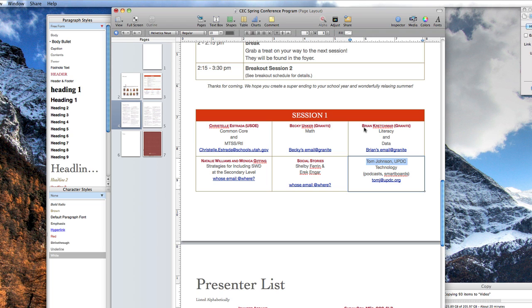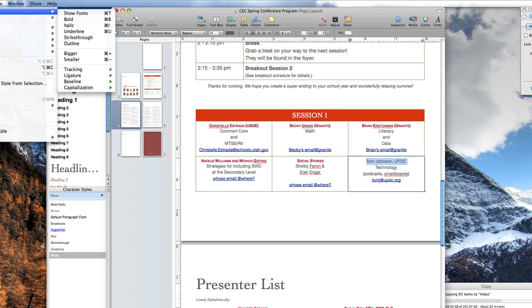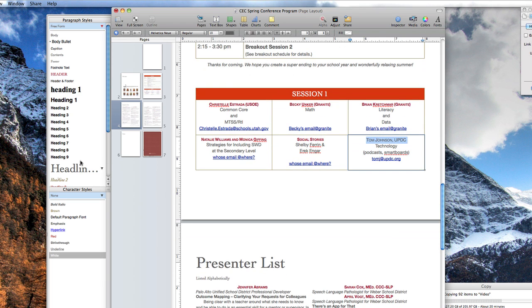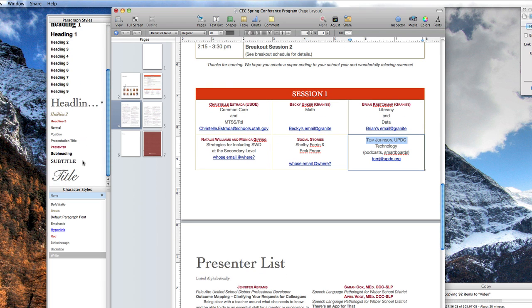As you can see, they're all capital characters, but only the first one is as large as a regular capital letter, and that is kind of complicated. You have to go up to Format, Font, Capitalization, and then choose small caps. So rather than doing all of those steps, I can do something very easy, and that is I have a